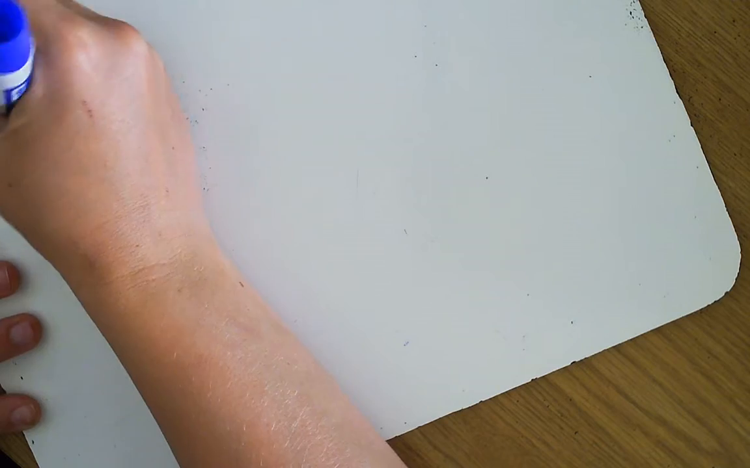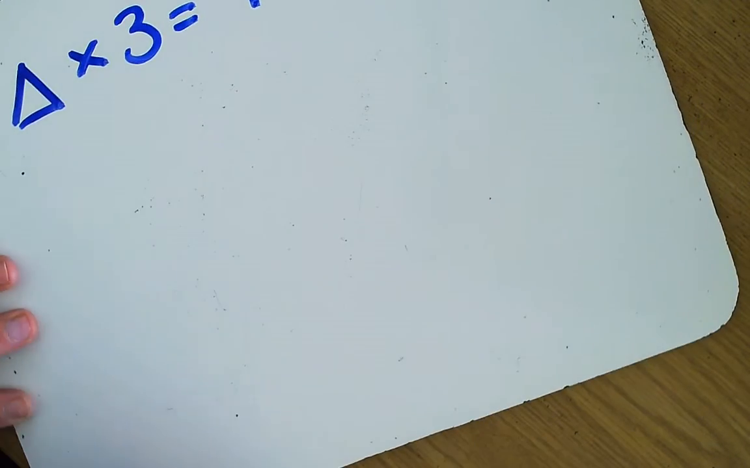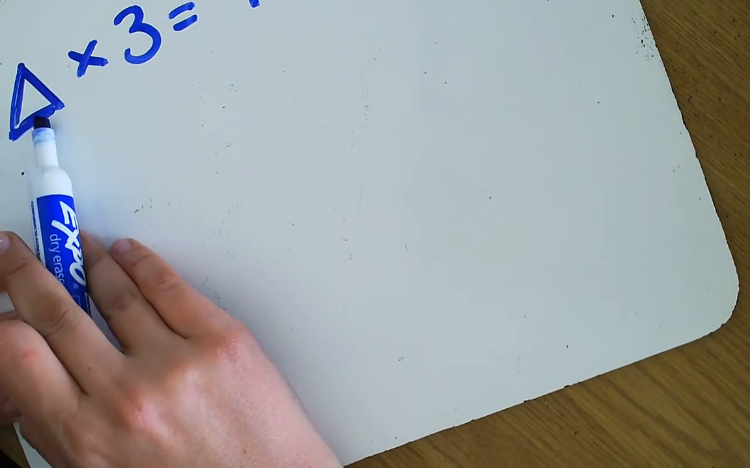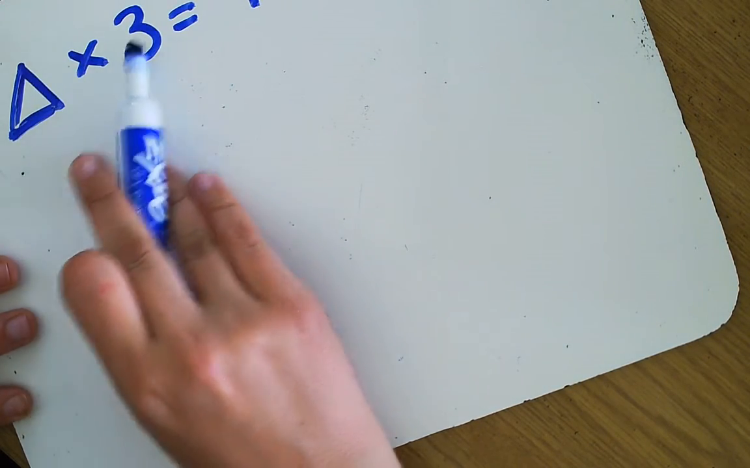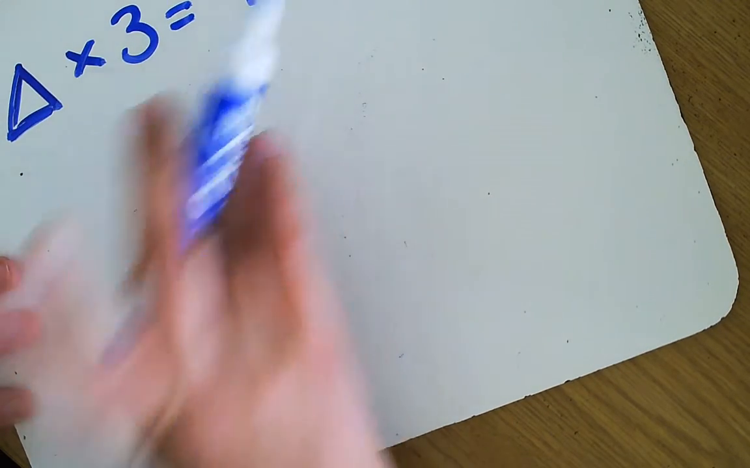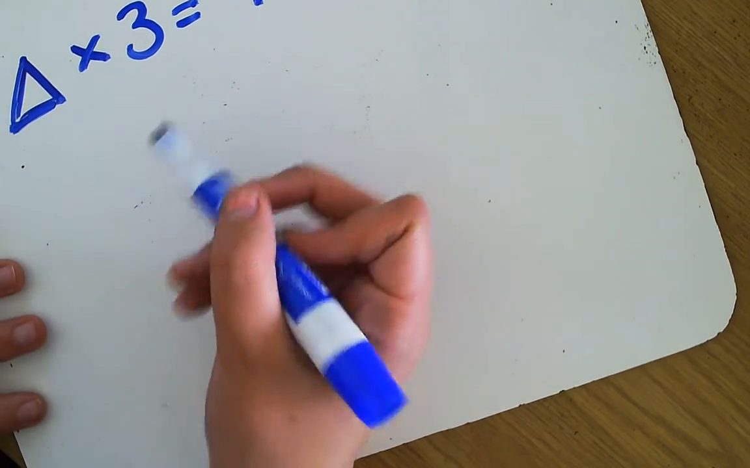We're going to do another question here. So triangle times 3 equals 9. So I know that any number timesing a number is going to equal. So this number times 3 equals 9. But I know from my properties of multiplication and division, of how they're related, that